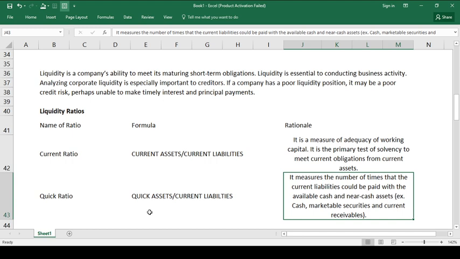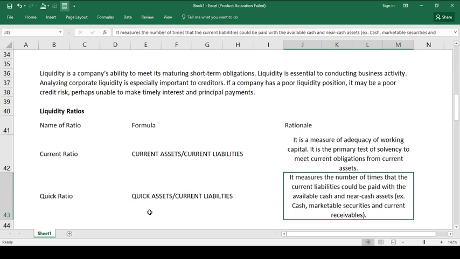Itong quick ratio, same din po siya sa current ratio. Pero yung pagkakaiba lang because we are only considering the quick assets, the available cash or the soon to be cash, yung cash, the marketable securities, and the current receivables. Mas magandang basis po ang quick ratio